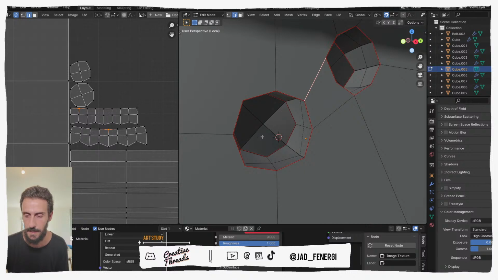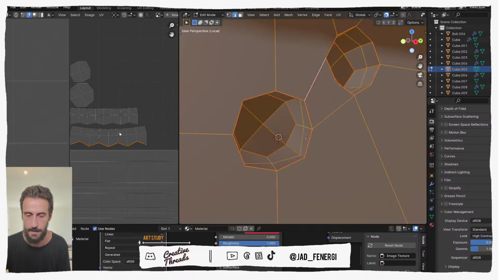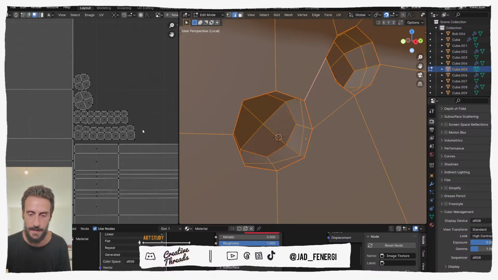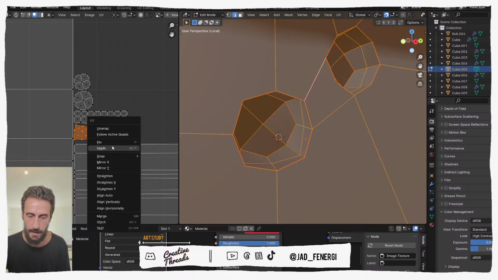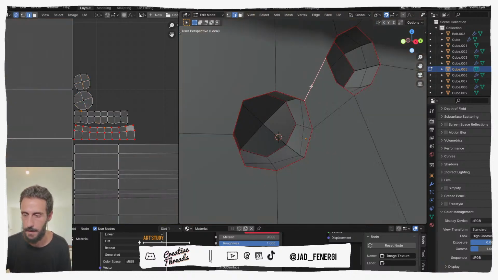And this is what I was telling you. So let's do this again. I'm going to turn off the UV sync, select everything, and scale back again on Y by 0. If you want to keep this without any changes, you have to select it, right click, and pin it. So now it's pinned. Now if I pick everything and press U,